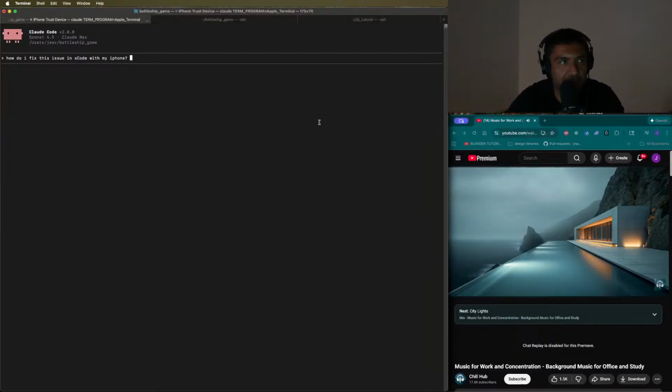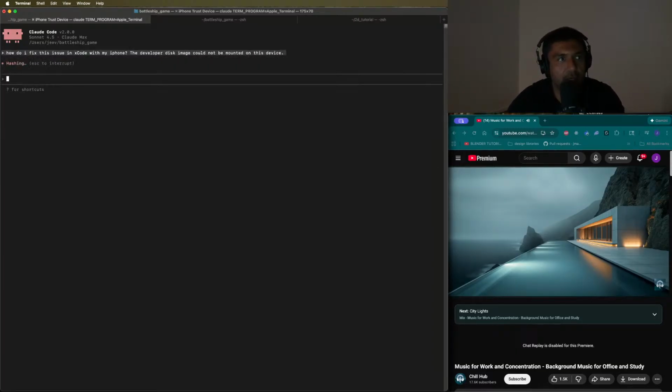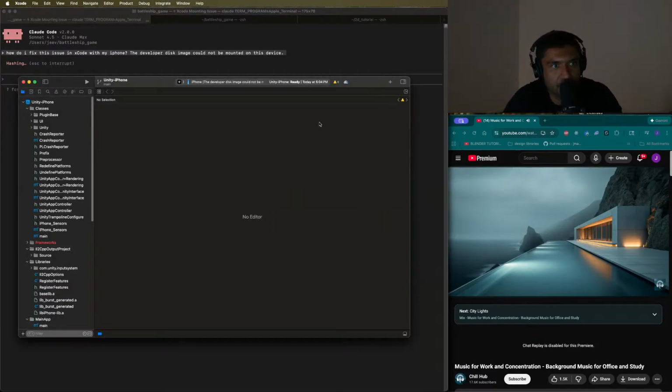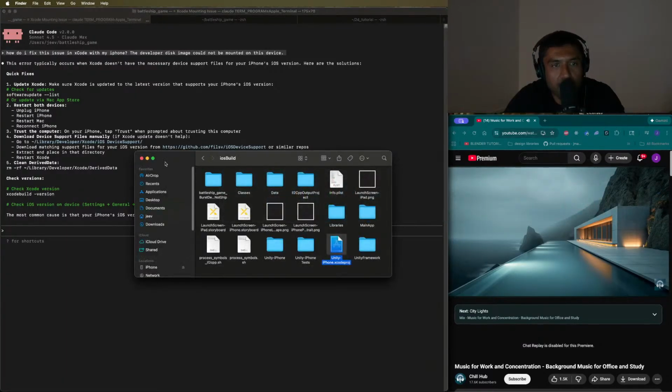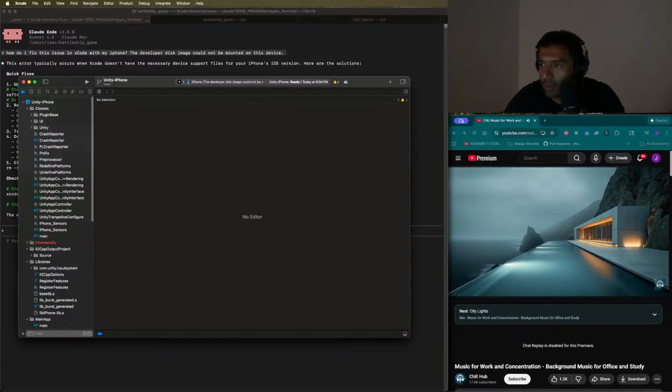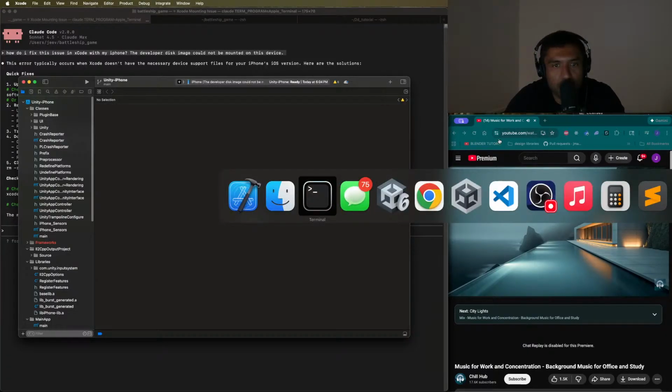The developer disk image could not be mounted on this device. Okay, so it looks like